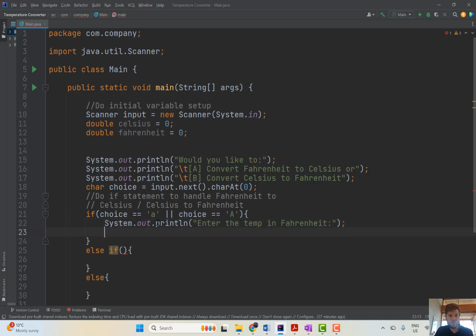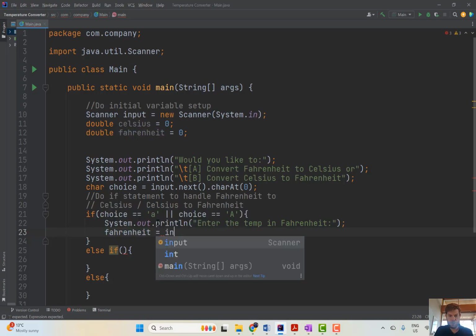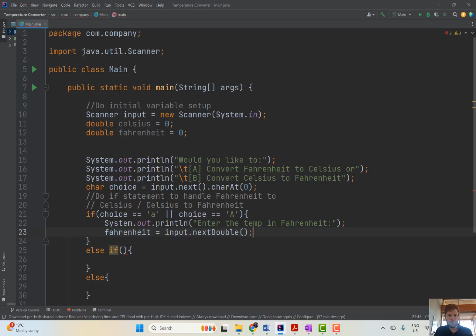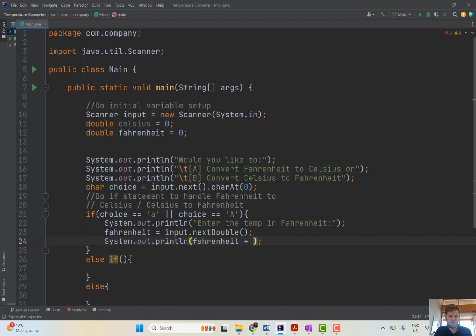And then I'll get it. I'm gonna make my Fahrenheit variable equal to input dot next double. And then I'm gonna print out the answer. So I'm gonna say sout, maybe Fahrenheit. Remember, every time I'm gluing a variable to just a string, I need a plus sign in between them. So I'm gonna say, hey, Fahrenheit, this many degrees